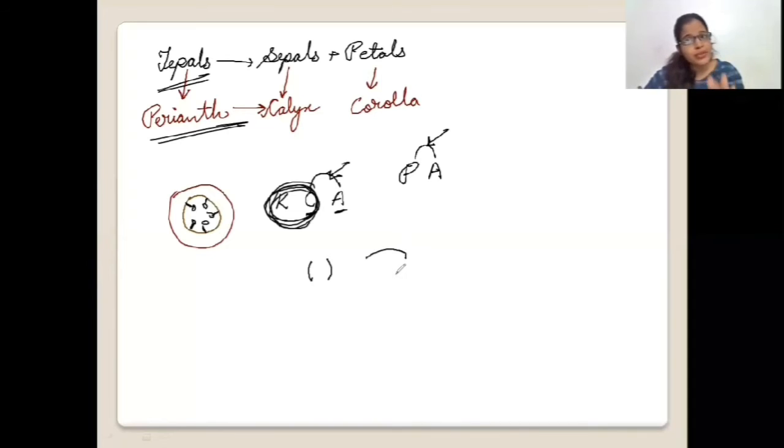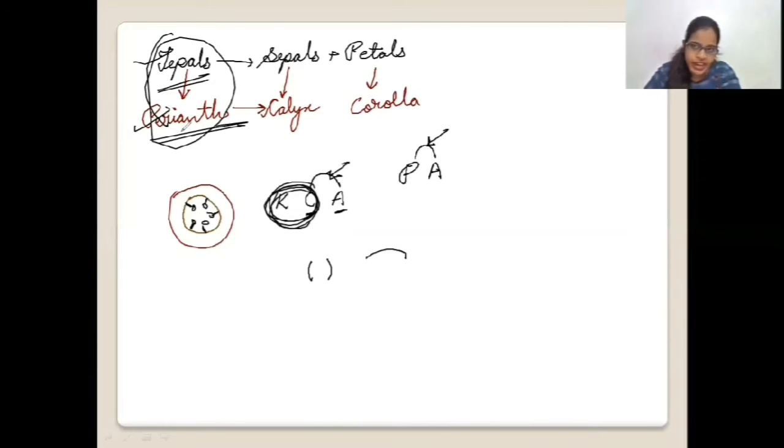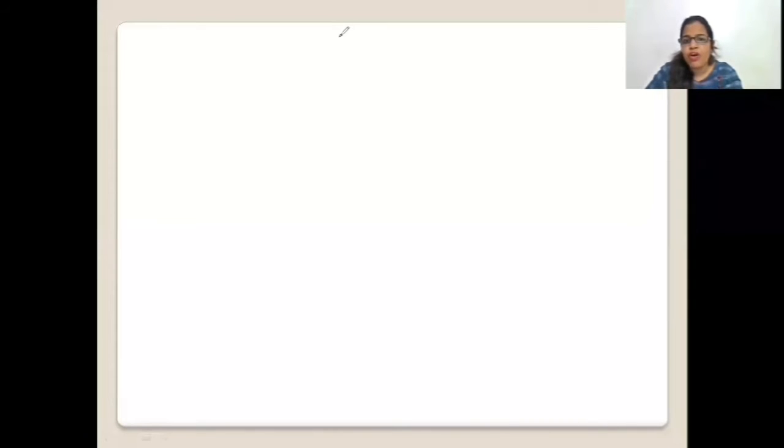So from now, where to use arc and where to use brackets, you won't get confused, right? Because brackets mean the same whorl, arc means different whorls. What is perianth? What are tepals? You won't get confused now. We'll get a family in our syllabus where we'll see these perianth or tepals in their floral formula and floral diagram. At that time, I'll not revise this again because now I know that you are 100% clear with the terms. So this was all the information you needed to write a floral formula or floral diagram